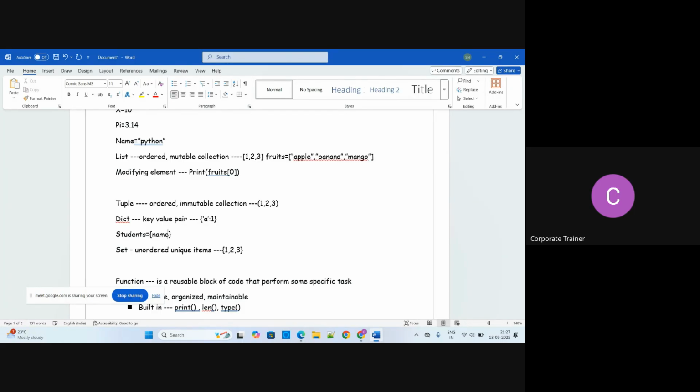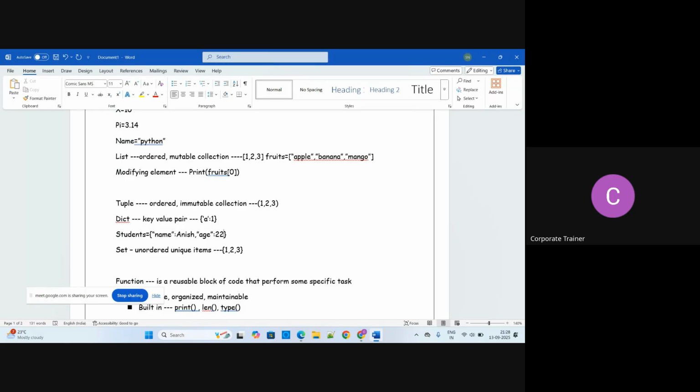I can write name in double quotes, that is Anis. Let's suppose I'm writing anyone's name. Next, I can write age. I'm expecting that Anis's age is 22.